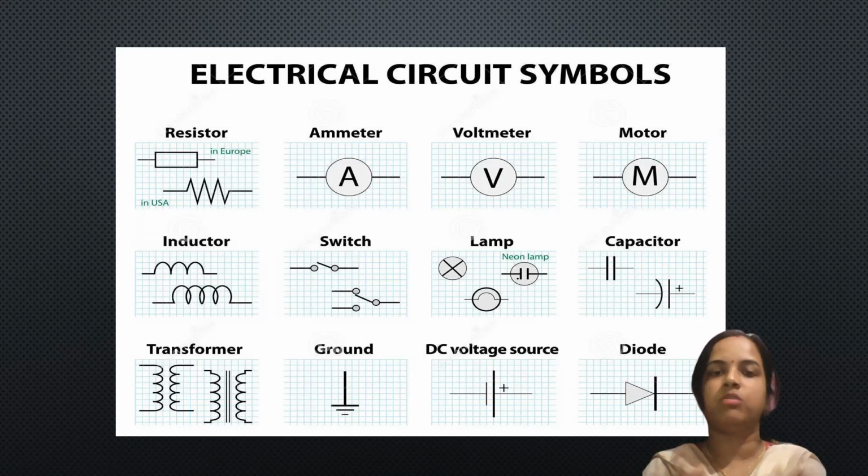Motor, inductor, switch play a very important role in the circuit. Your lamp, or you can say electric bulb, right? Electric bulb will be shown as a reverse W, as I showed you earlier also. Capacitor, transformer, ground, DC voltage, diode. There are different circuit symbols which you want to study. So okay, here